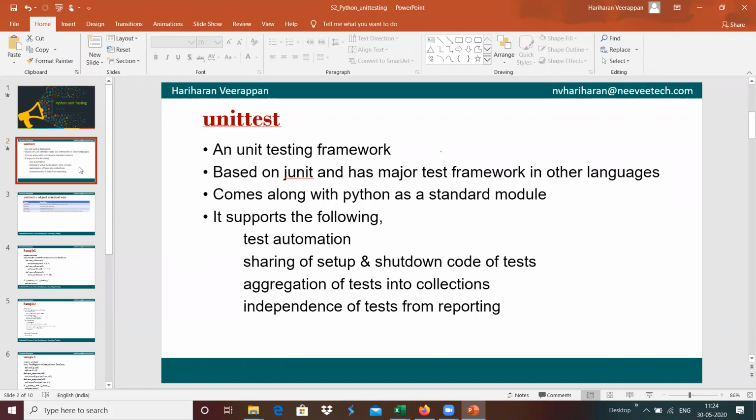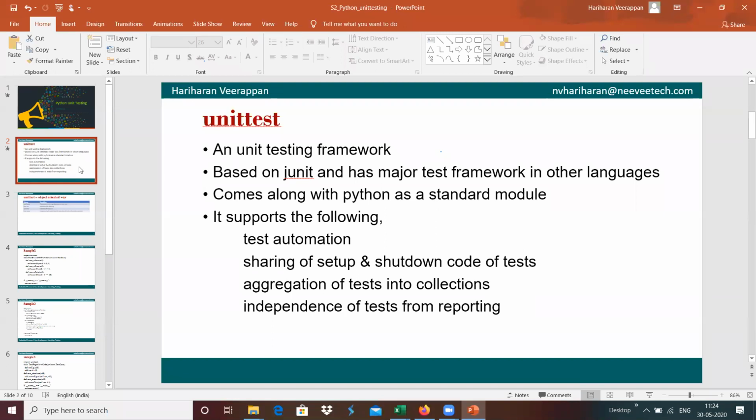We can define something like, unit test is a broad term. For example, we take an Android mobile phone. If we want to do the unit testing for the Android mobile phone, then we will check whether the speaker is working, whether the display is working, or whether we are able to make a call, or something like this, different unit level testing that we are able to do.